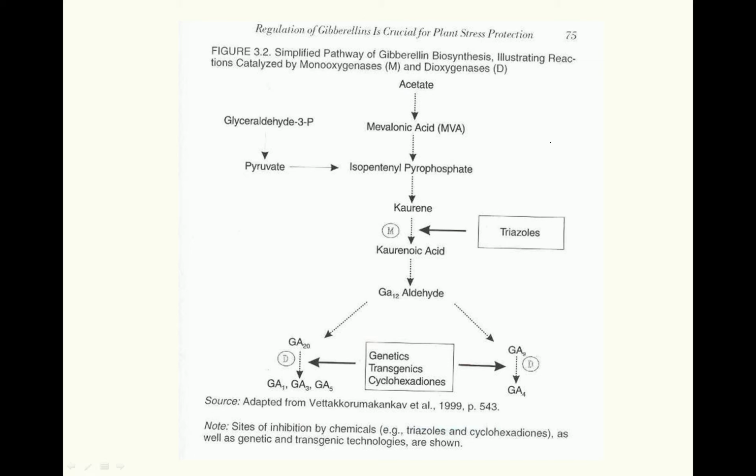Here is a kind of simplified gibberellin biosynthesis pathway. There's a number of different gibberellins, and you can see them, for instance, here's GA20, GA4. There are all these different gibberellins, and each one of them has a different effect on the plant. If you look at this overall pathway, starting with pyruvate or acetate on the top, it goes through a number of steps. This step right here